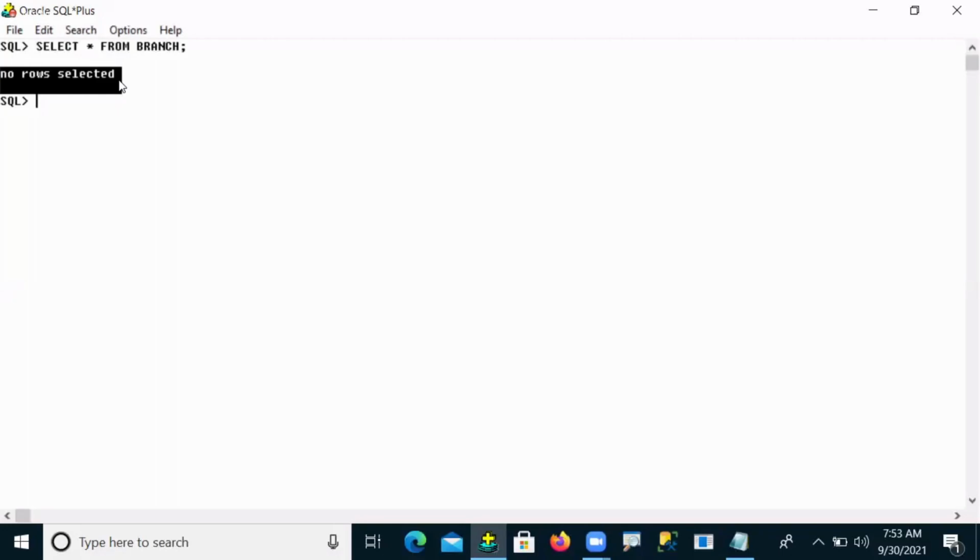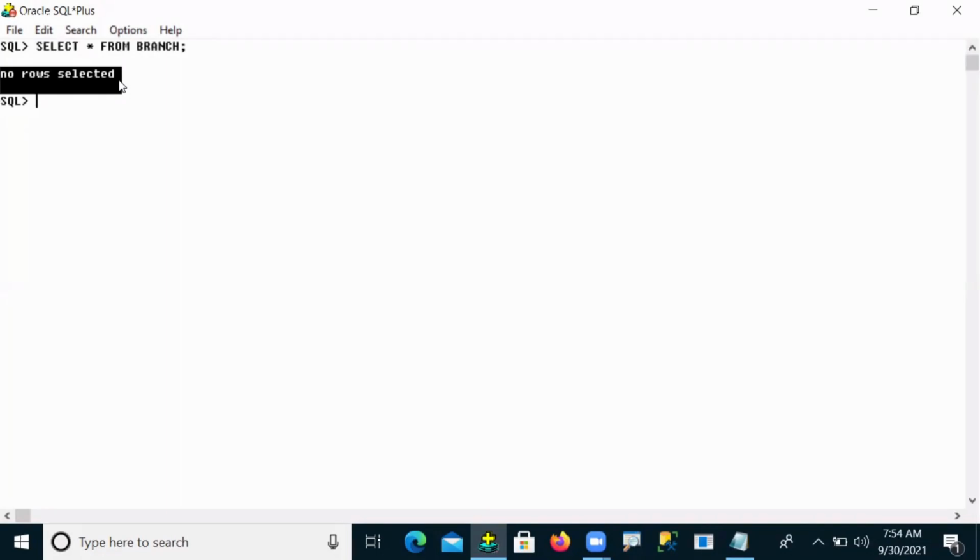But the same thing, when I did a create command, with the help of a create command we created a table successfully, and the table was stored in the database. After I disconnected and reconnected to my database, if I want to see my table, it is there.